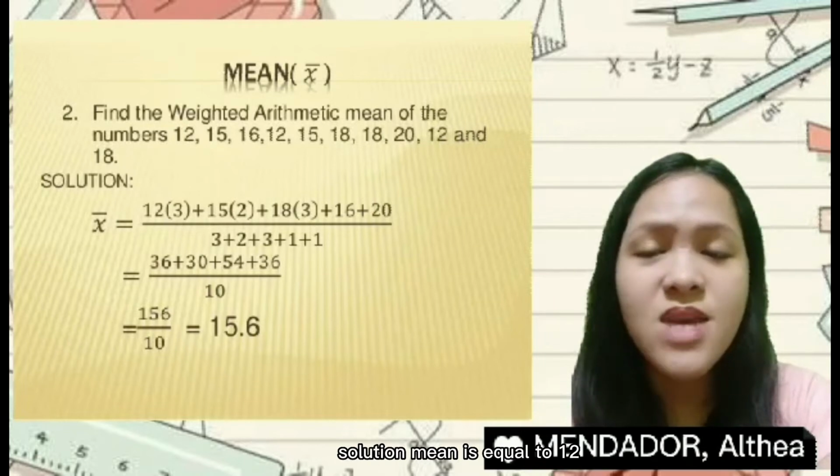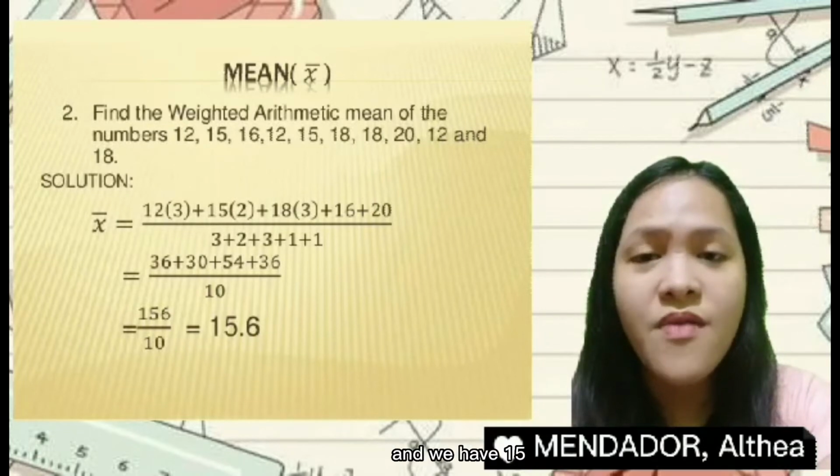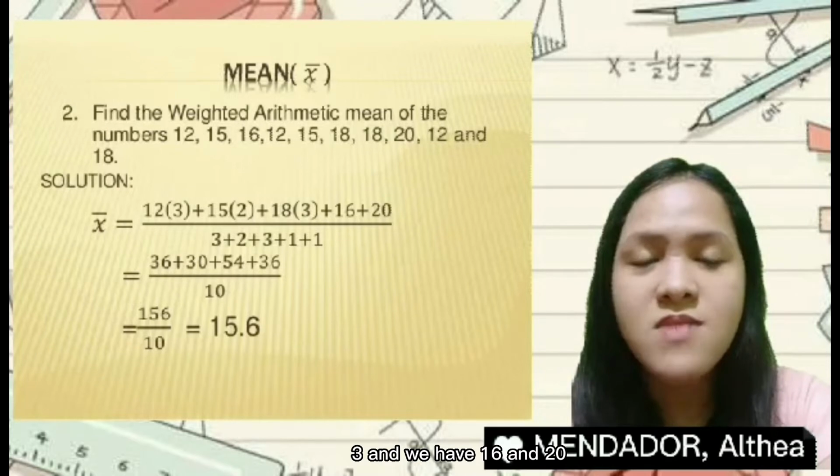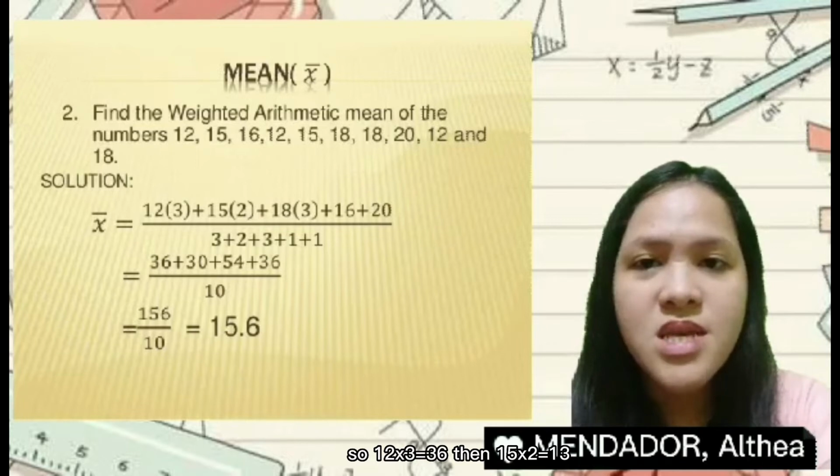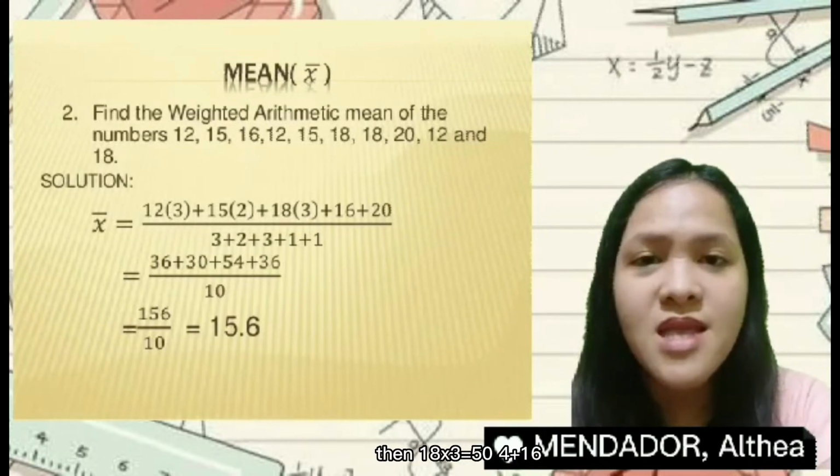Solution: the mean is equal to the sum of frequency times value, divided by 3 plus 2 plus 3 plus 1 plus 1. The values are 12 with frequency 3, 15 with 2, 18 with 3, and 16 and 20. So, 12 times 3 is equal to 36, then 15 times 2 is equal to 30, then 18 times 3